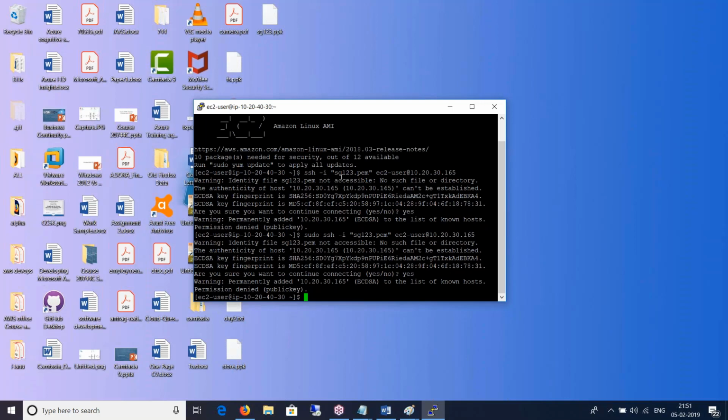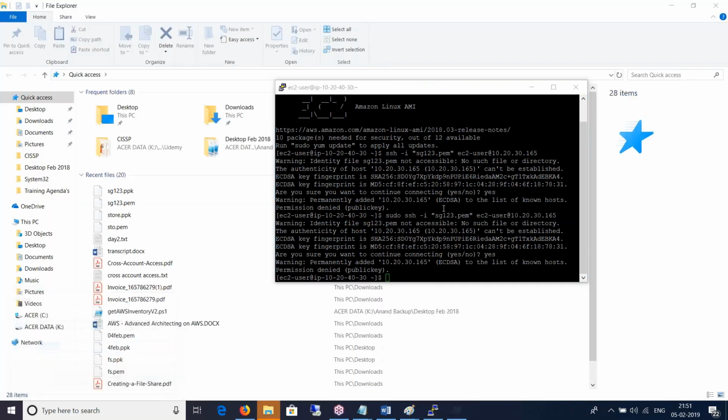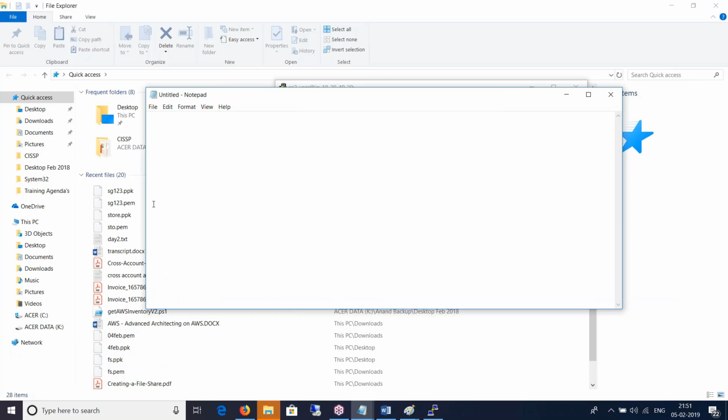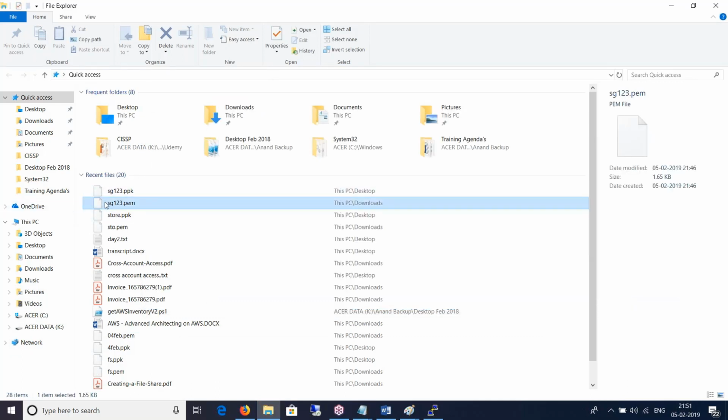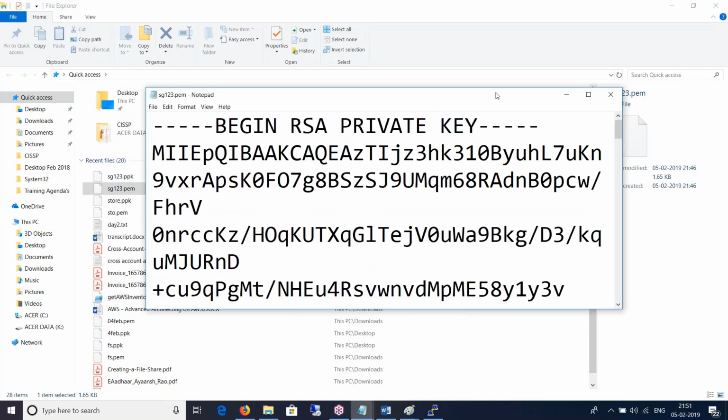So I will copy and paste that. Where's my downloads? I'll open that file with Notepad. Is there a PEM file somewhere? Yeah, right here. Drag and drop this. Open.